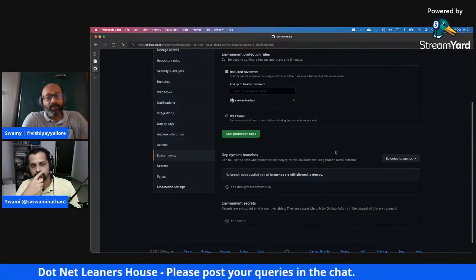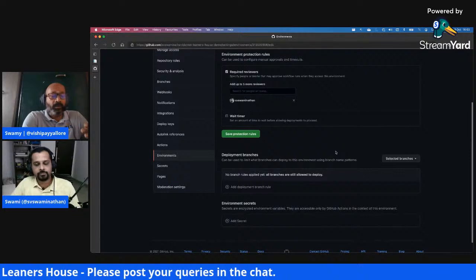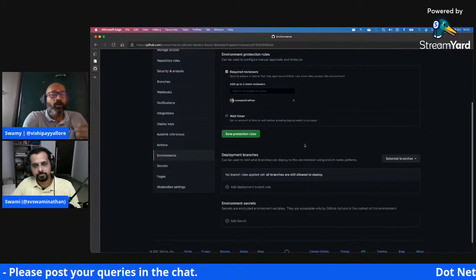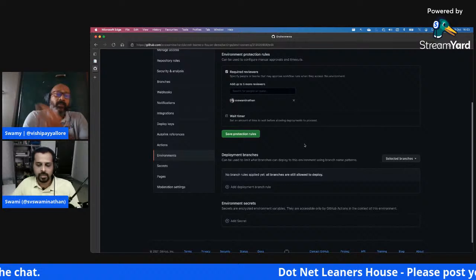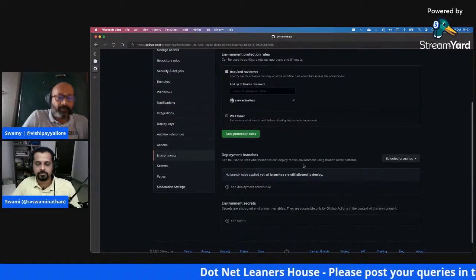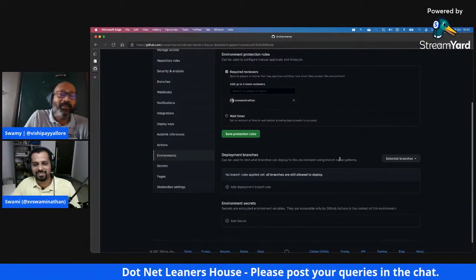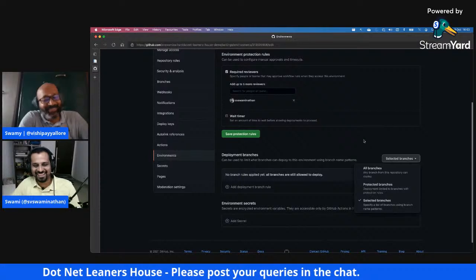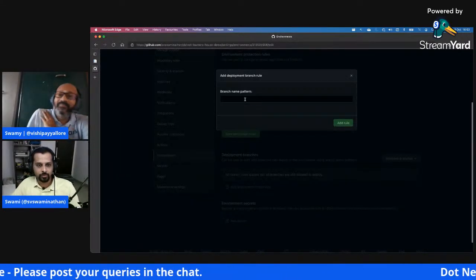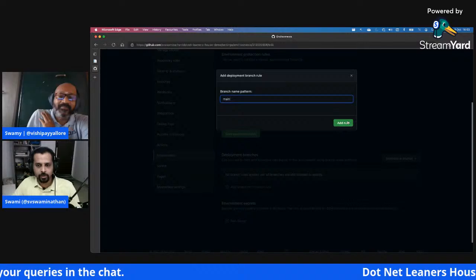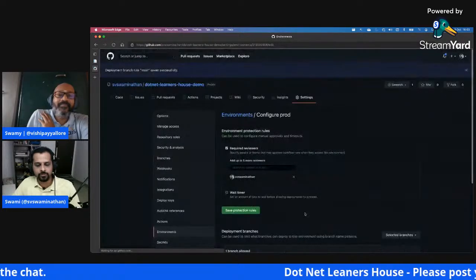Correct. Yeah, the continuous integration pipeline will pick up that code, build the binaries, and drop them into the artifact location. So this guy picks up from this. Yes, that's what I'm going to show now. Yeah. So now you can also add other branch rules and everything. If you want to say only from the main branch you want to deploy it, etc. You can also add those rules and everything here.